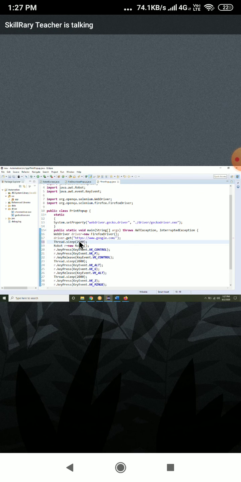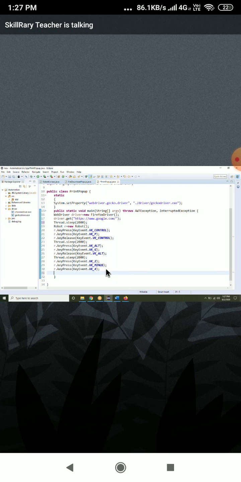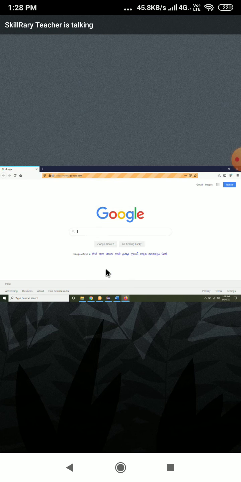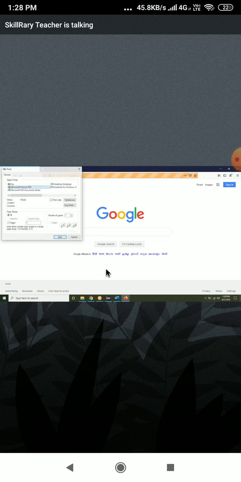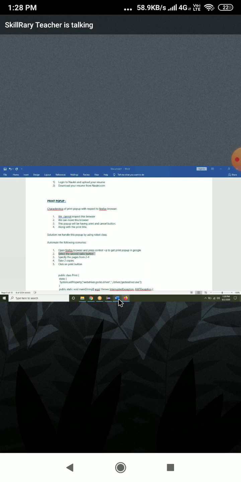Here I will give just 2 seconds more. How to press number of copies? By default it is like this, to iPhone 4. Then after that you can press tab and then give 2, or Alt C also you can. It is up to you guys. You can use Alt C or tab, then type 2 and then click on it. Let me use tab. We already used that.